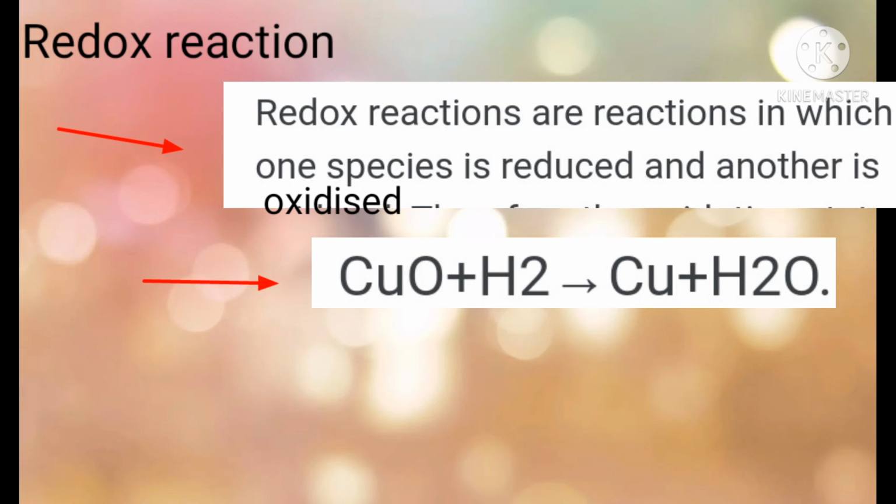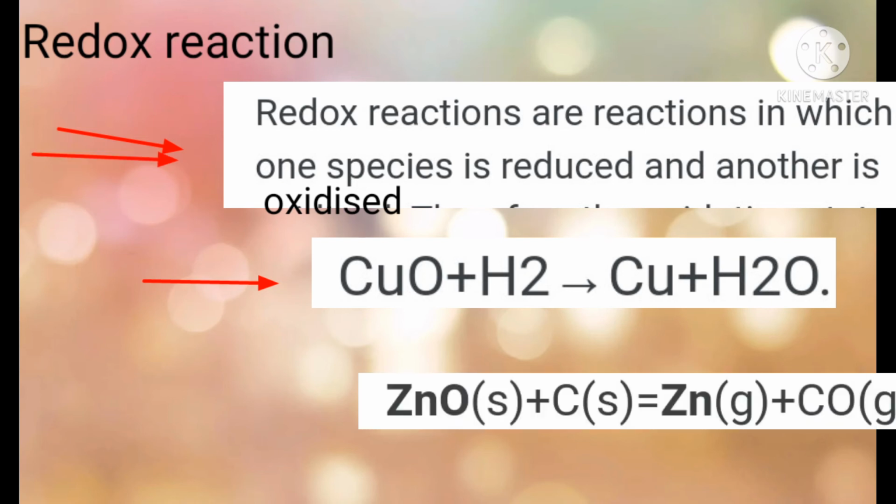Now look on the right side, water is there. And on the left side, hydrogen is there. So I told you to look over the right side. So to the hydrogen, what is added? Oxygen is added. So addition of oxygen is called oxidation. Who is oxidized? Hydrogen is oxidized to water. In this chemical reaction, both oxidation and reduction take place in the same reaction. So this reaction is called redox reaction.